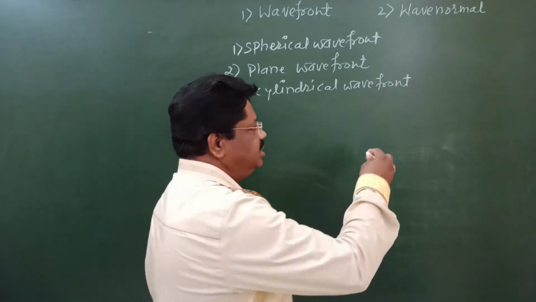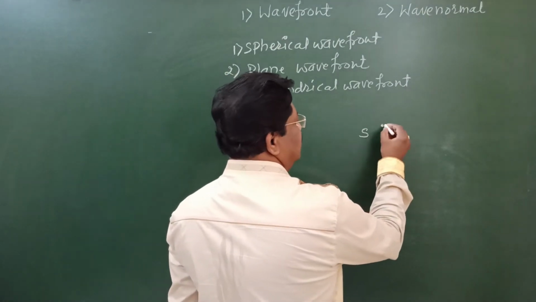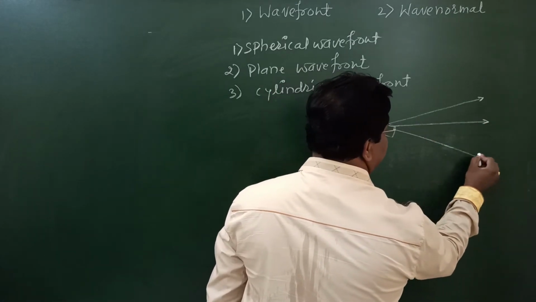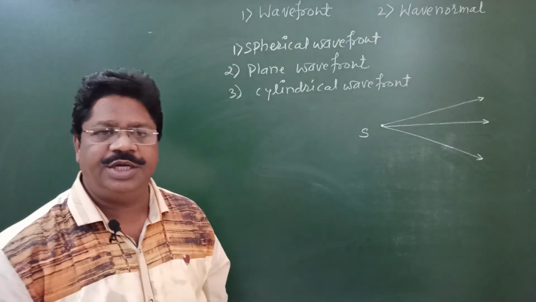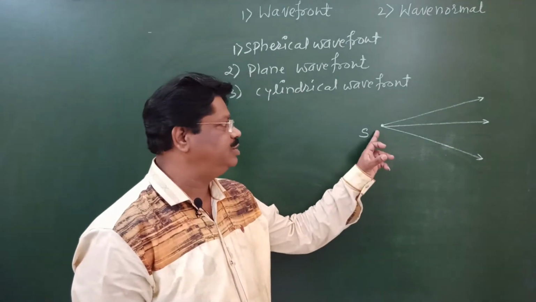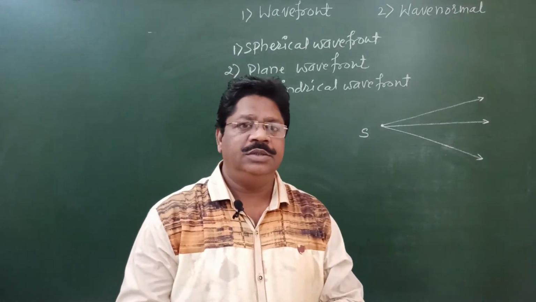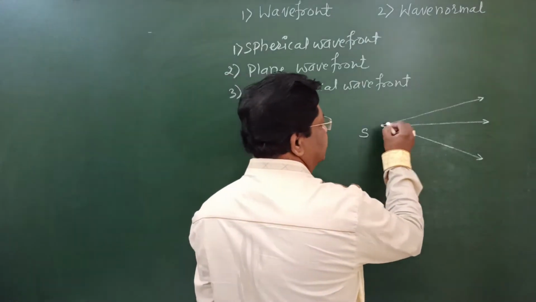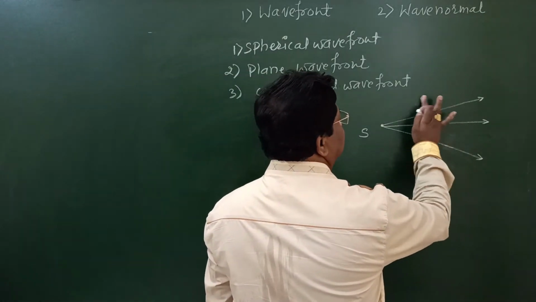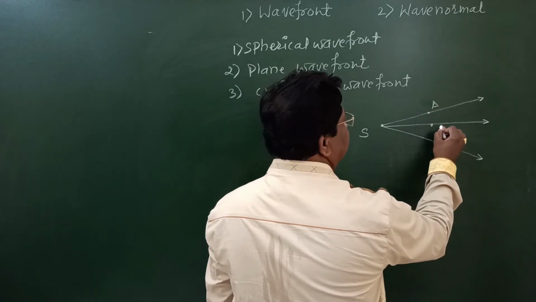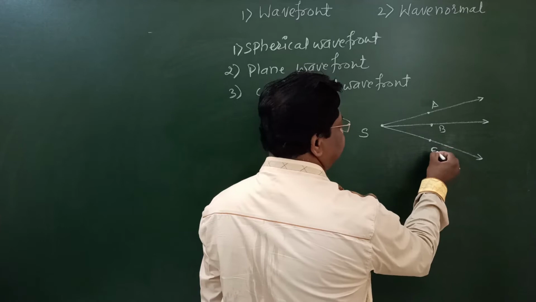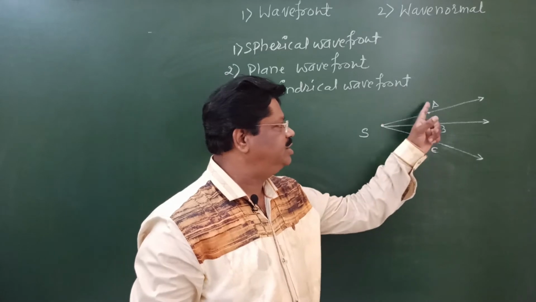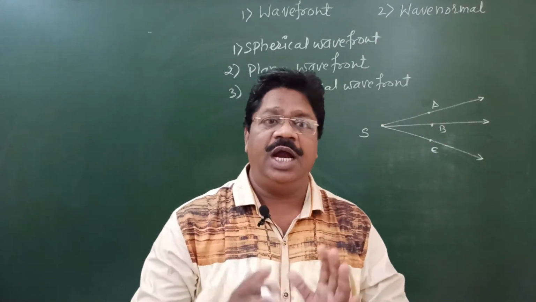For this purpose, consider this is the source of light, and these are the waves traveling from the source of light in given directions. These are the three rays of light, or three waves emitting from the source. After an equal interval of time, all these waves cover equal distances. That means from S, this will be point A, this will be point B, and this will be point C, such that the distances SA, SB, and SC are the same, and these 3 points are